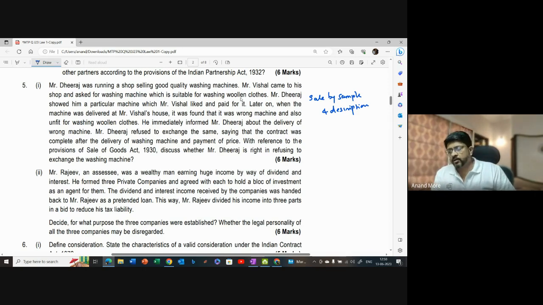Here you are to mention that based on the facts of this case, it can be seen that Rajiv has not started the company for the purpose of doing any business. It is basically for the purpose of separating dividend income which he was getting under his own name, thereby reducing the tax liability. So the purpose of formation of the company is purely to save the tax or purely to evade the tax. That is the purpose.